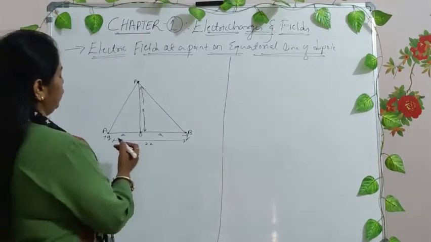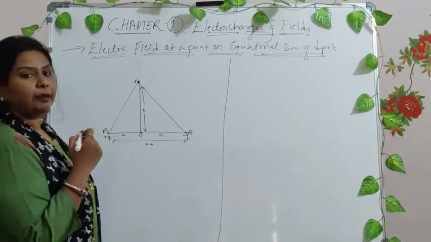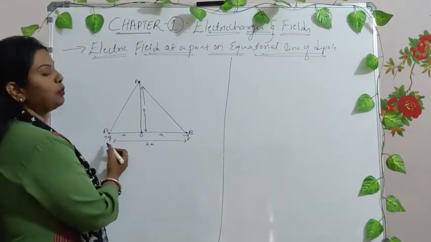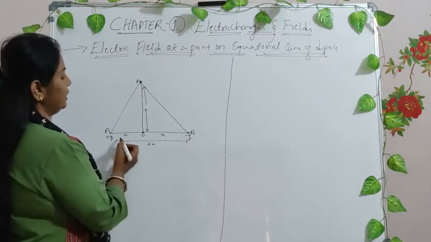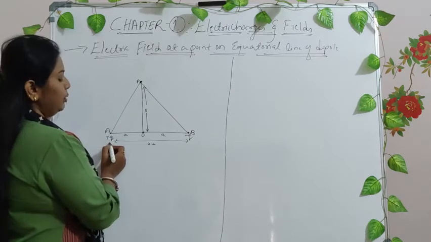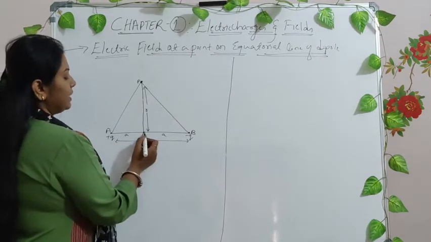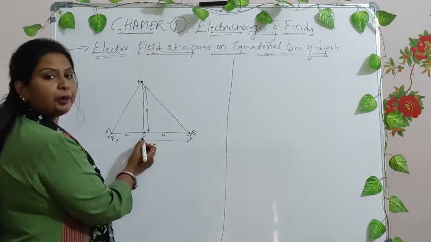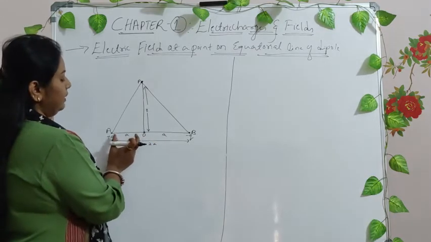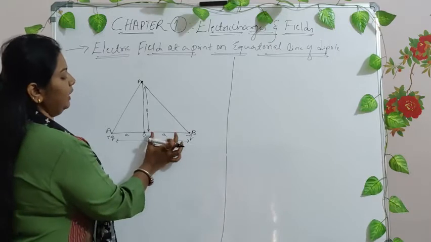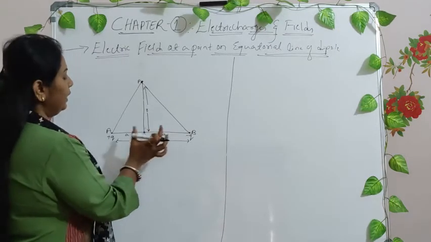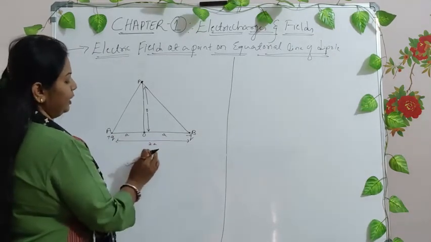See, we have two charges, that is a dipole, an electric dipole. An electric dipole has two equal and opposite charges separated by some distance, that is plus q and minus q. Exactly at the center we have a point O, right? When it is at the center, this line is divided into two parts, this distance will be a and this distance will be a, right? And the whole distance between A and B is 2a.